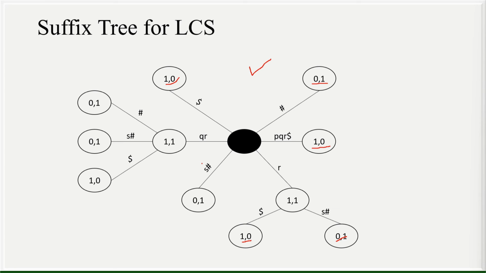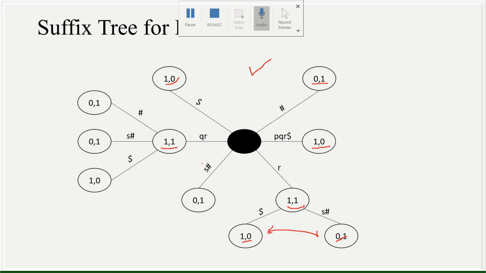Also, to find the value for the parent node, basically this is the parent node for these two child nodes. Therefore, we just add them, so it becomes 1, 1. Again, here it is the parent node for three. So it is 1, 0 plus 0, 1, plus 0, 1. 0, 1 plus 0, 1 doesn't make it 0, 2. It is just 0, 1, and 1, 0. So it's 1, 1.